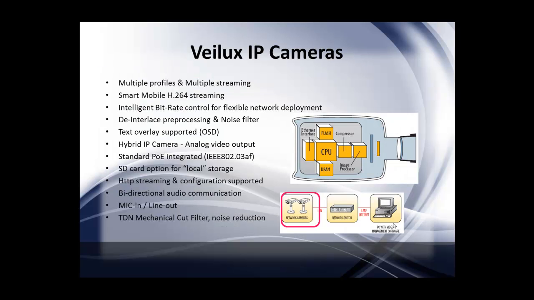Here are some great features of Veilux IP cameras. Multiple profiles and multiple streaming. Smart Mobile H.264 streaming. Intelligent bitrate control for flexible network deployment. De-interlace pre-processing and noise filter. Text overlay is supported. Hybrid IP camera, analog video output. Standard PoE integrated. SD card option for local storage,